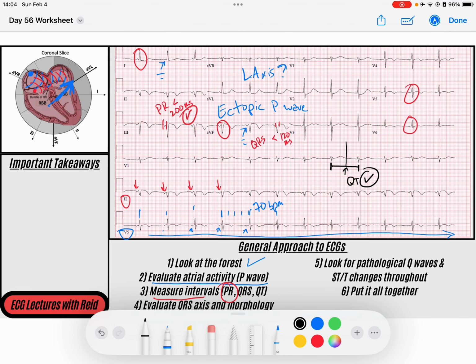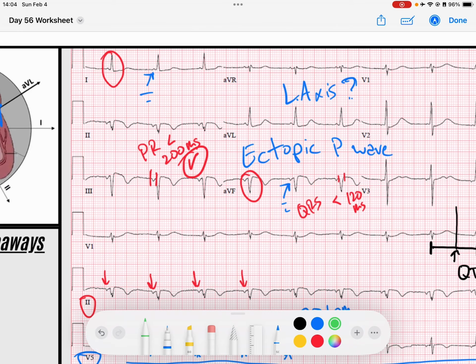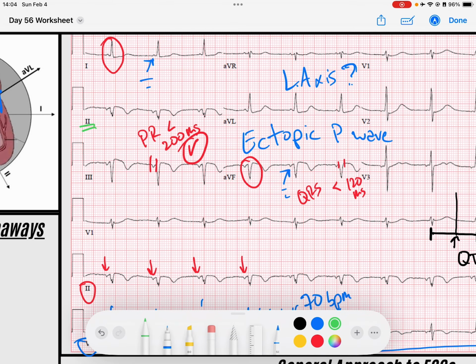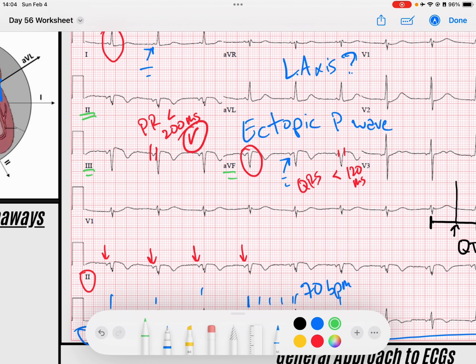All right. So next thing we're going to do is look for pathological Q waves. And when we scan through our pathological Q waves, at the same time we'll look for ST and T wave changes. What I notice here is in my inferior leads, which are leads 2, 3, and AVF, I'll do this in green. I'll zoom in on them here. So my inferior leads, 2, 3, and AVF, they have these deep Q waves, right? The first deflection is a deep negative deflection. My first deflection is deep and negative in all